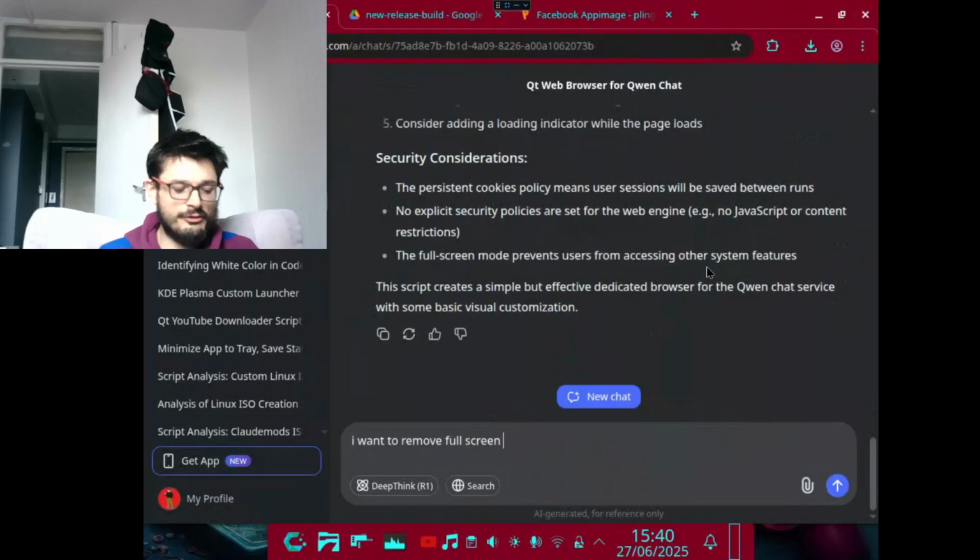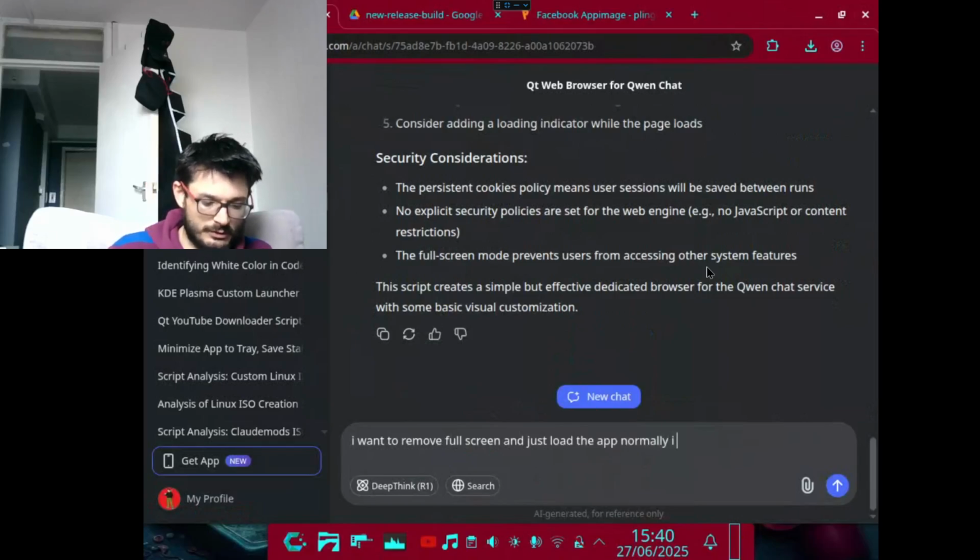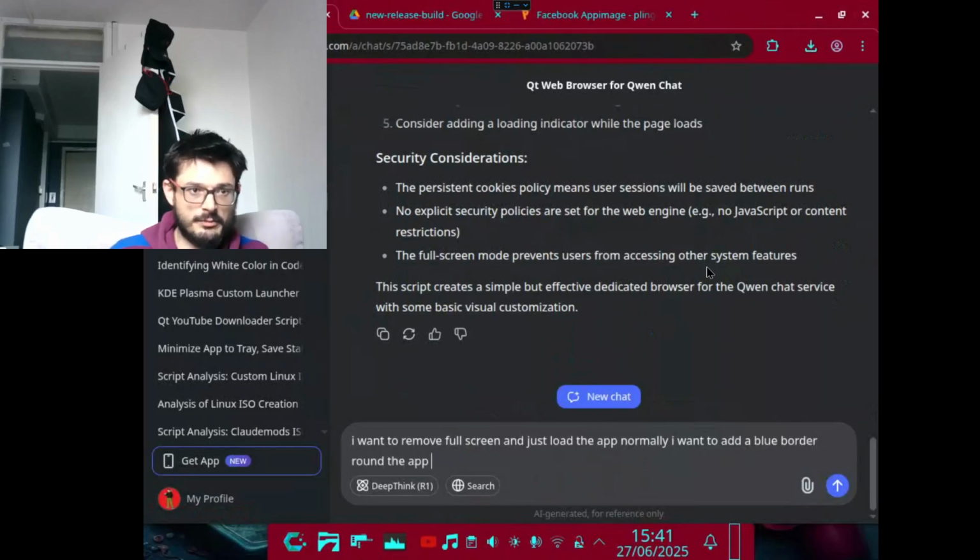So I want to remove full screen and just load the app normally. I want to add a blue border round the app. Also, I want to add